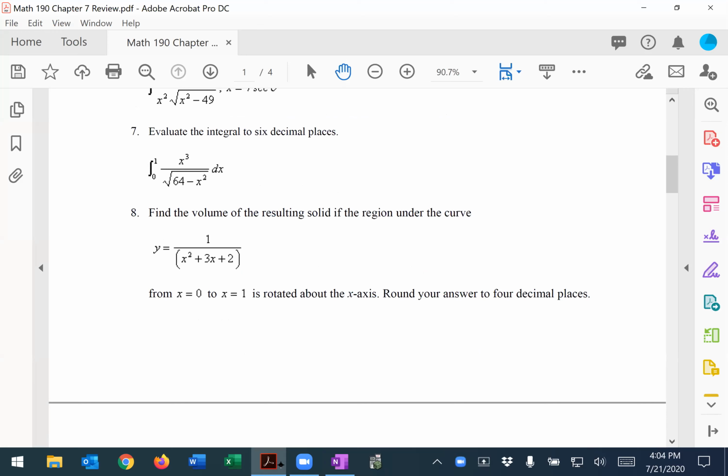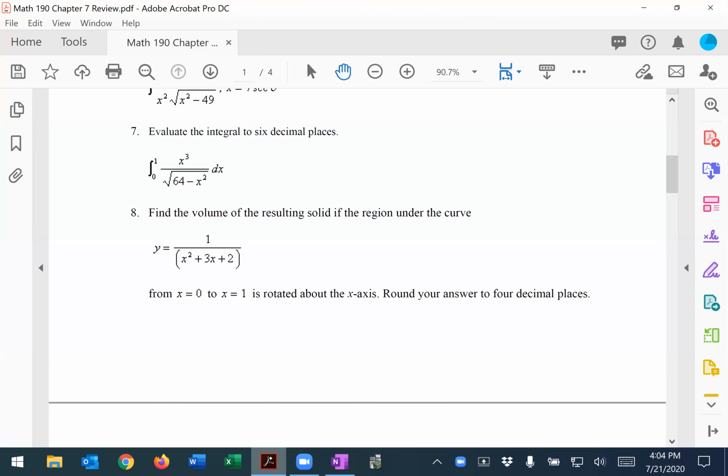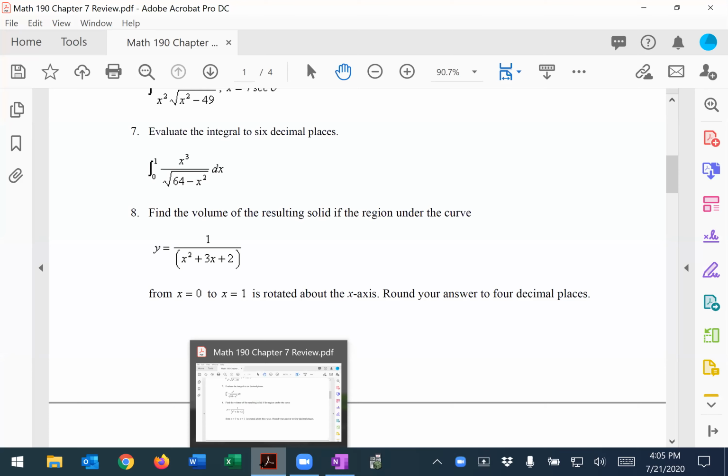So from 0 to 1, that's where we're going, and then our radius is just our function squared. I don't know what this function is, some sort of rational function, 1 over x squared plus 3x plus 2. But we're going to rotate that